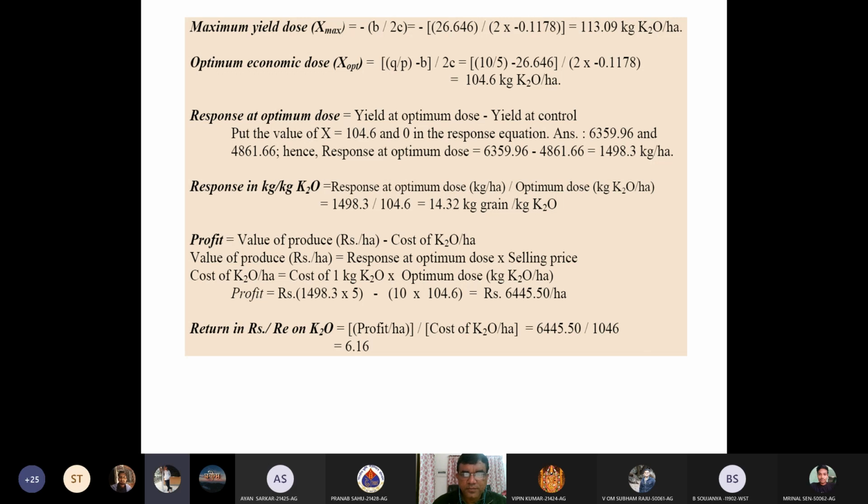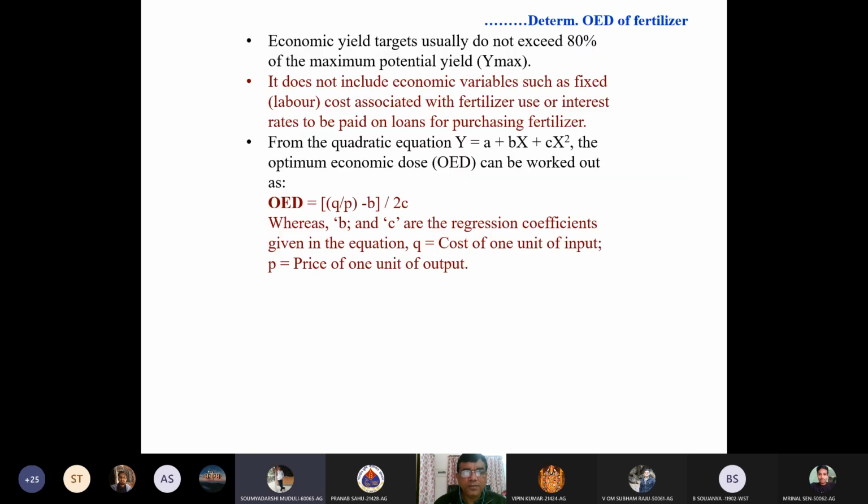Sir, I have a question from the previous part. If X and Y are given, meaning we have input and output doses, and we tested for linearity and found it significant, then it follows a linear regression curve. Do we then need to test it for a quadratic regression curve as well?